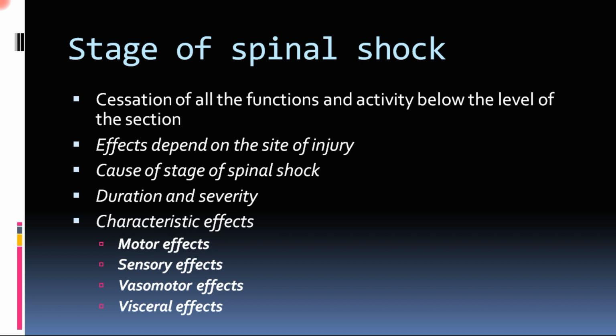Now when the complete transection occurs, the signal and the complete control which is coming from the brain is disconnected. Because of that disconnection, the spinal segments below the transection are now without any signal, and that is why at the stage of spinal shock their function completely stops.